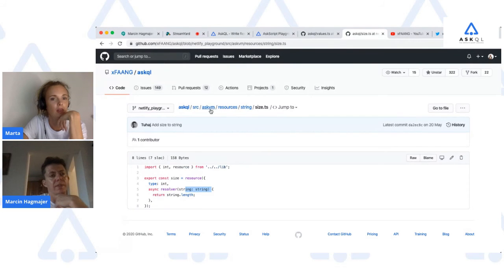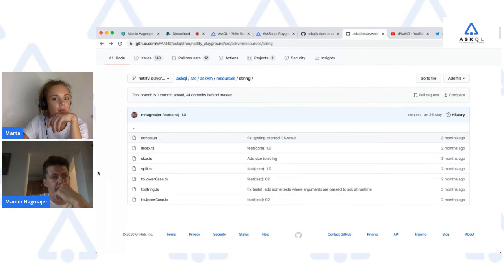For you, it makes sense. Not all of the string functions are completely understandable. For example, this one, but I'm not going to use it for index.